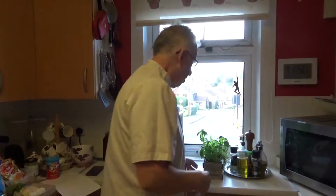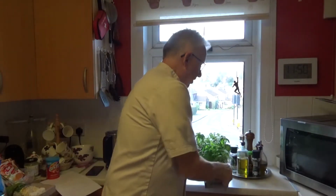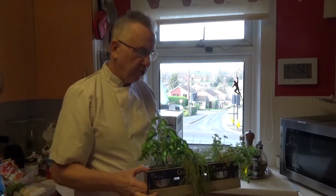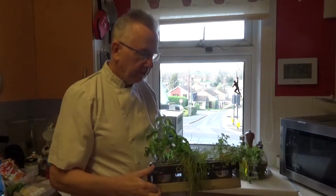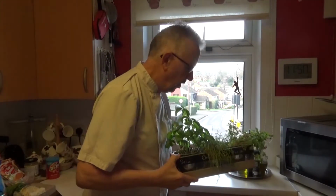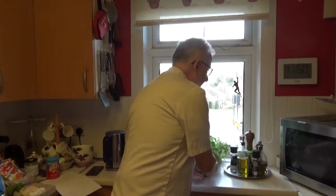usually have fresh herbs, or I've always had fresh herbs. They don't keep very well in the winter. In the old window box, I've basil and chives, parsley. These look a bit withered. We've replaced it, they're usually grown from seed, stick them in the window. We also have